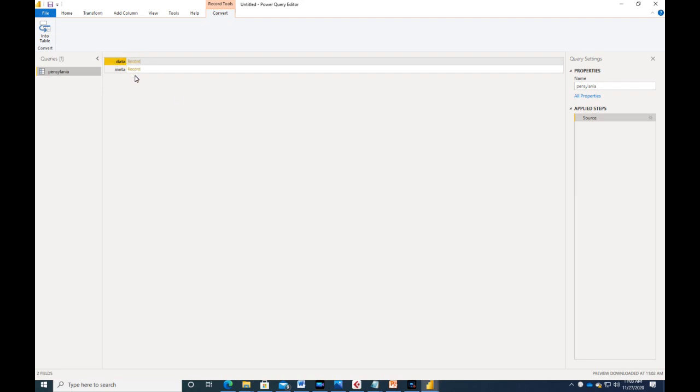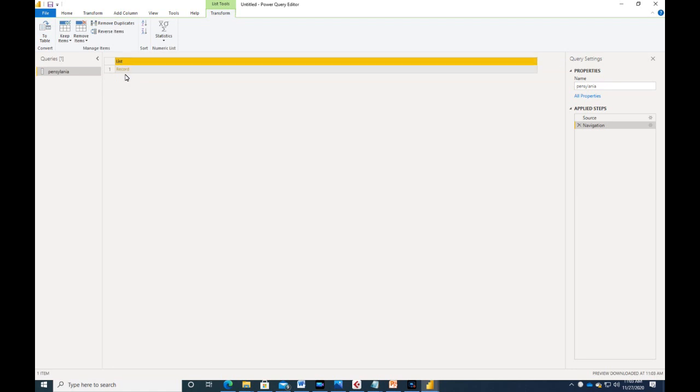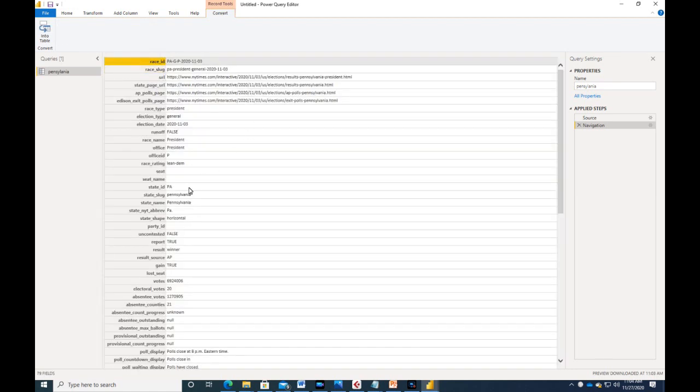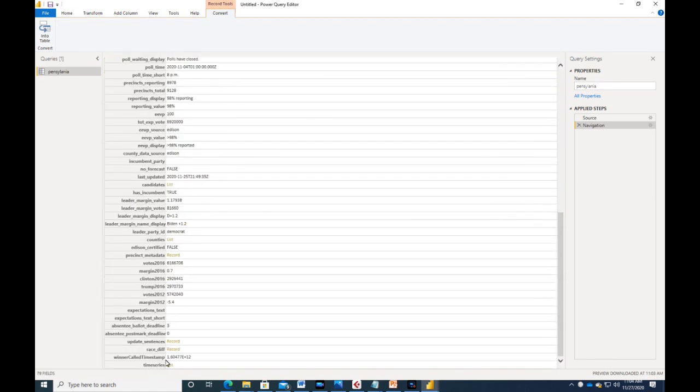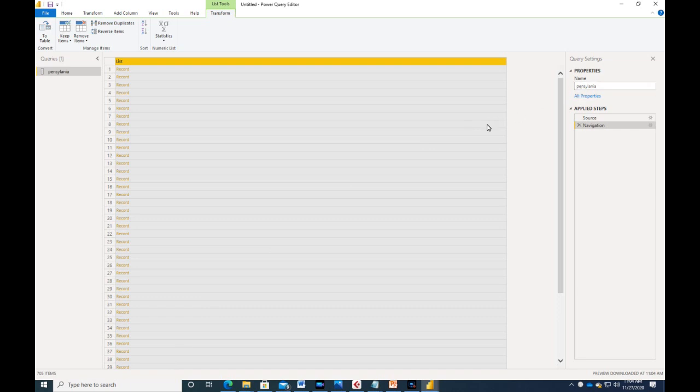So we need to drill into the data record per the Firefox video, the last Firefox video. The information we want is in record. And now we need to go into races. We can drill into that by clicking there. And under there's a list. We'll drill into the record. And down at the bottom, if you remember correctly, if you watched the last video, there's a time series. You click on that list, and then you'll see,